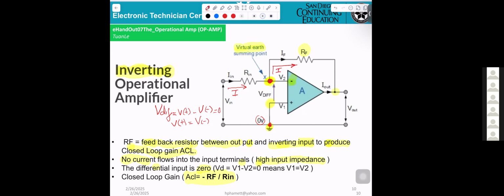Okay, when it flows in, this side is positive and this side will be negative. So if the right side of the RF is negative, that tells you the output of the amp here must be negative. And if it is negative on the V out, the other side of V out must be positive. Okay, so the current when it goes through the RF,